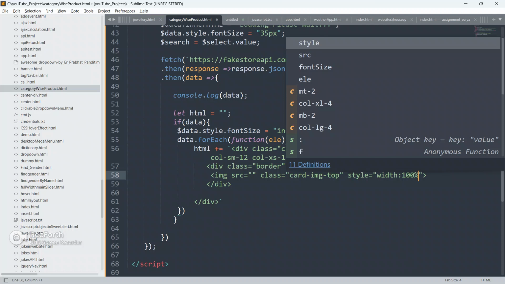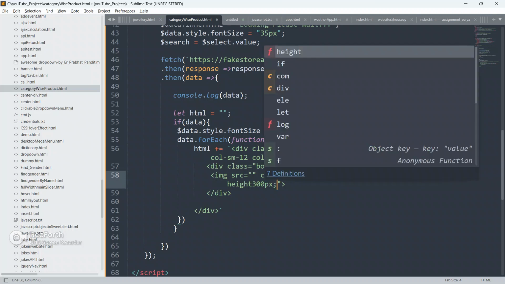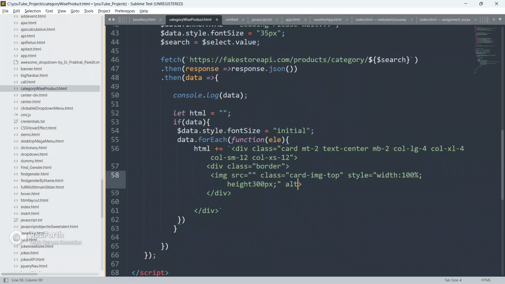This is known as inline style sheet. And give height as 300 px. And give alt also if you wish, product image. Okay, close this.